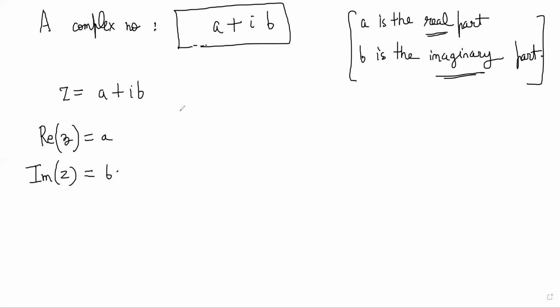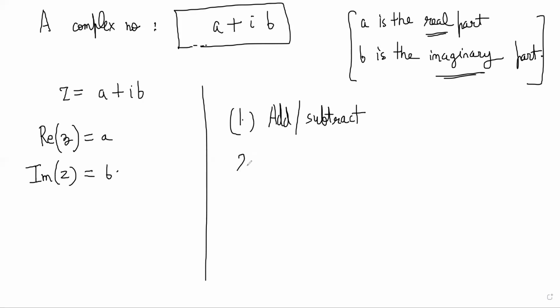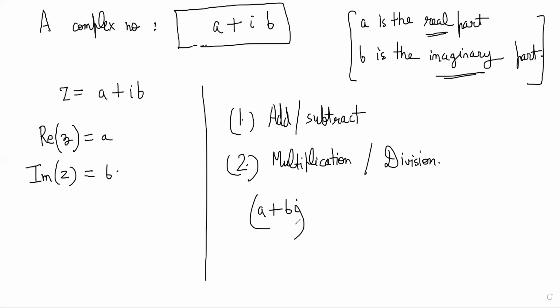And once we have this construct, we will like to do operations on these numbers similar to what operations we do on real numbers. So what we want to do is add, subtract, multiply, divide. These are basic operations that we like to do. So how do we add and subtract complex numbers? If you have two complex numbers, a plus bi and c plus di,